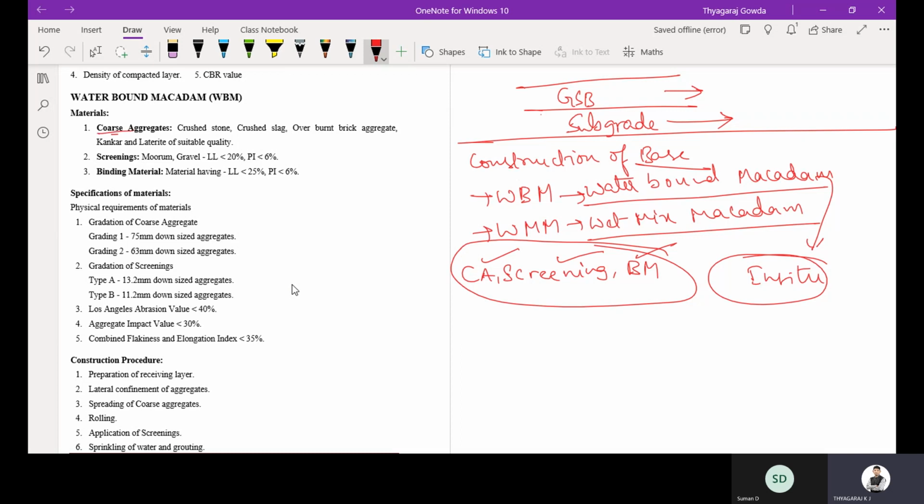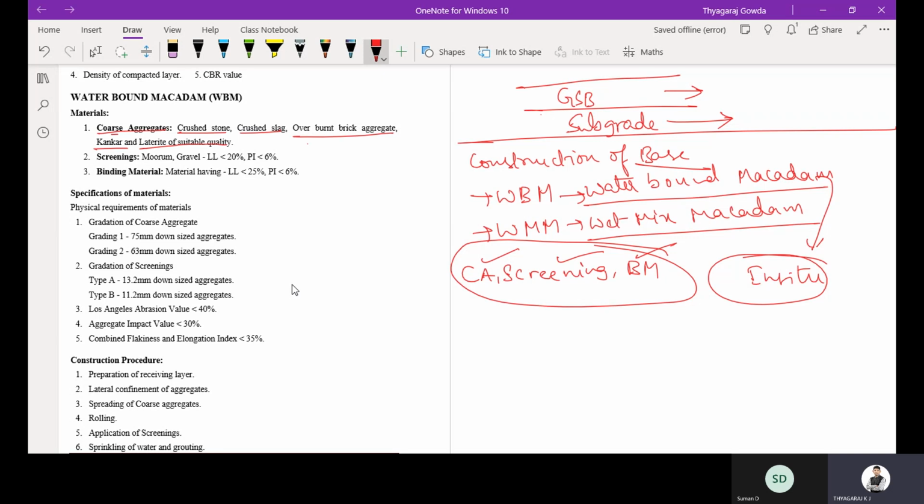The coarse aggregates consist of crushed stone, crushed slag, overburnt brick aggregate, kankar, or laterite of suitable quality. Usually the waterbound macadam is constructed using aggregates only, so we are not going to use any soil here, gravel soil or other type of soil. Only crushed stone or crushed slag material will be used.